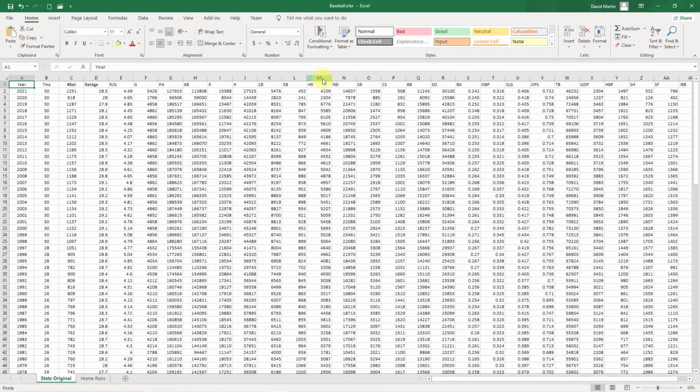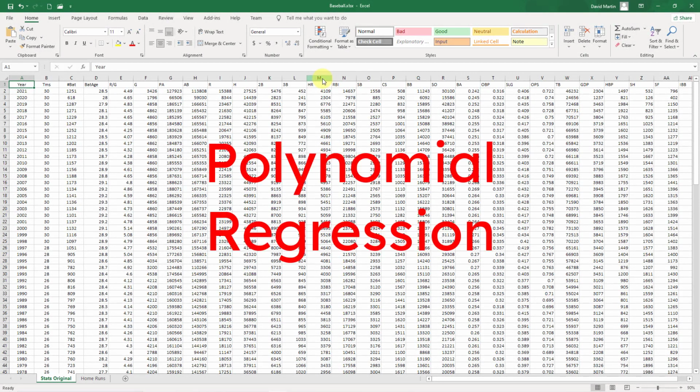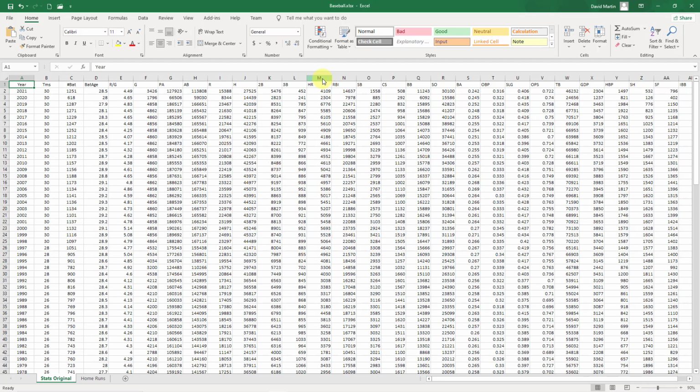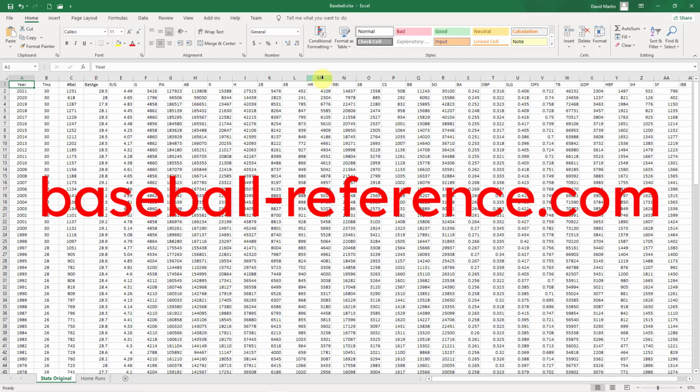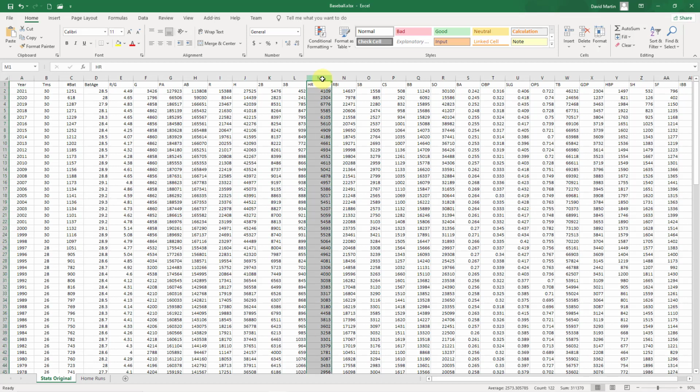In PTC Mathcad, you can perform a polynomial regression. In other words, try to fit a polynomial curve of some order over some data set. And I decided, hey, let's try to do that with some baseball data. So I downloaded a whole bunch of hitting data from baseballreference.com and decided, let's take a look at home run